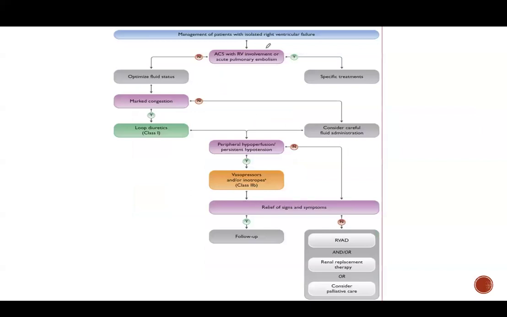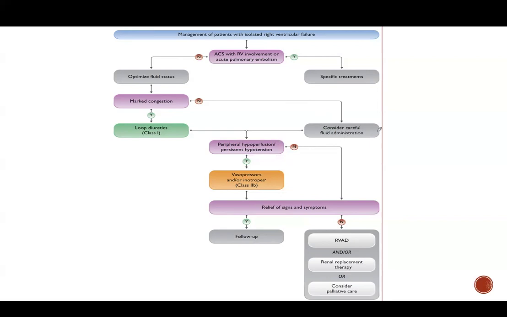In patients with isolated right ventricular failure, first you should look for the cause of right ventricular failure. The most common cause is acute coronary syndrome with right ventricular involvement, or it could be acute pulmonary embolism. If yes, you should treat specifically for acute coronary syndrome and pulmonary embolism. If you do not find any of these causes, then you should optimize fluid status, and then check for marked congestion, whether the congestion is there or not. If there is a lot of congestion, then you give loop diuretics. If there is no congestion, you should